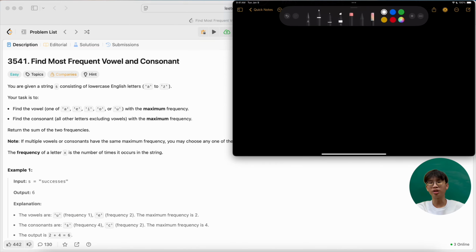For example, given here, S has the string value of SUCCESSES. So I will demonstrate how I store the string value inside the hash map. In the map, I will place the S. I will count how many S are inside the string S: 1, 2, 3, 4, 5. S has 5. U